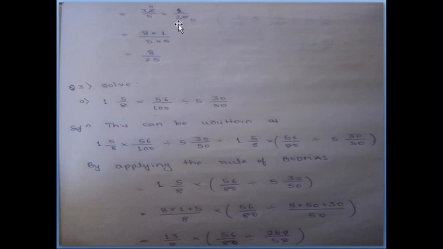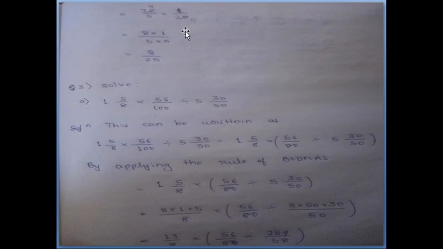Then if we have written 20 by 1, then we will take the reciprocal of 20 by 1 as 1 by 20, and here we will write the multiplication sign. So 32 by 5 into 1 by 20, and here cancellation is possible. So here 20 is divisible by 4 and 32 is also divisible by 4. So 4 into 5 is 20 and 4 into 8 is 32. So we are left with 8 by 5 into 1 by 5.